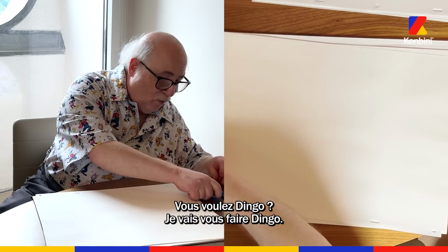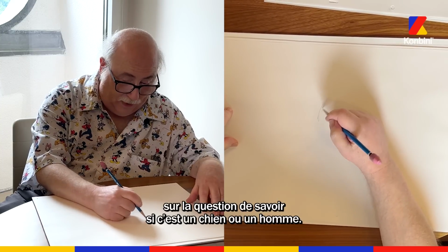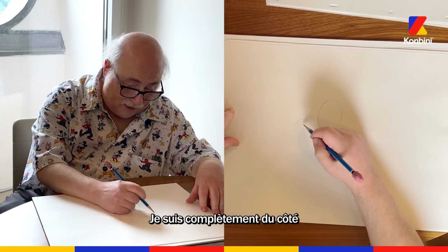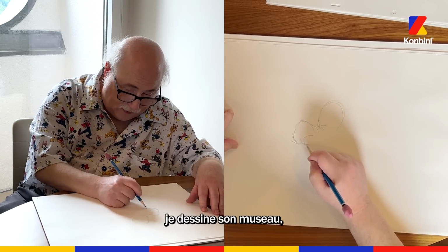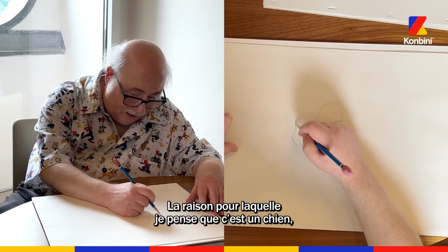Well, if you want Goofy, I'll give you Goofy. There's long been a debate about whether Goofy is a dog or whether Goofy is a man. I come down purely on the side that Goofy is a dog, because if you look, I'm drawing him very lightly now, and I'm drawing his muzzle, and then coming back to the smile here. And the reason I think he is a dog